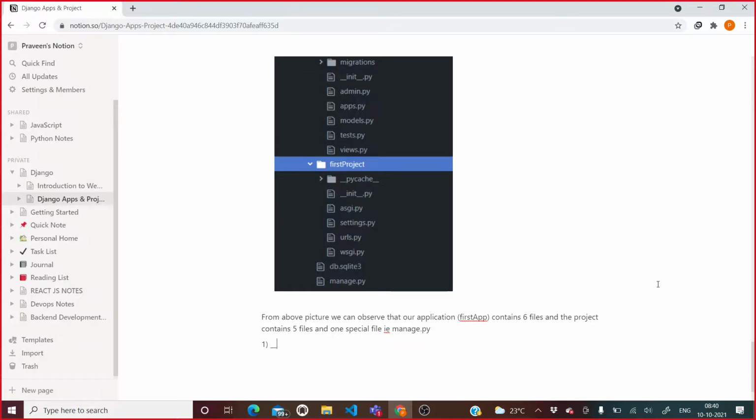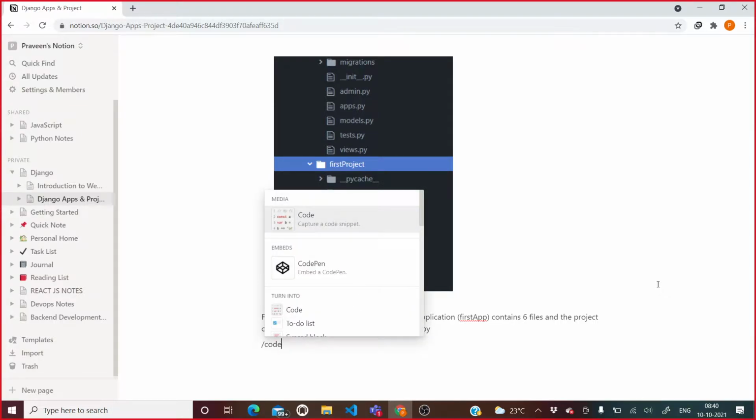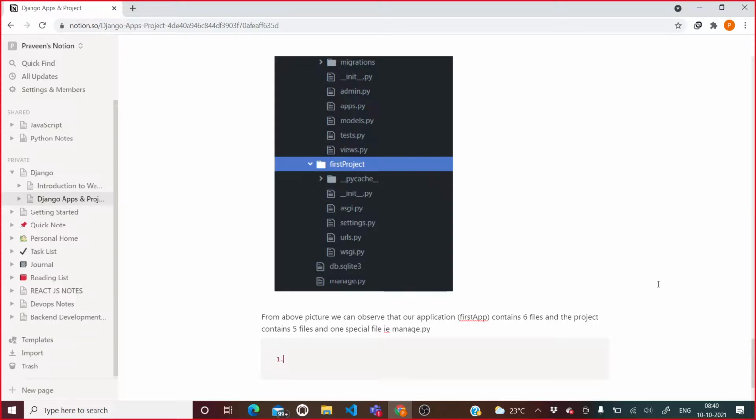Init.py. Yes, the first one is init.py, right? What is the working of this init.py? Actually it is a blank Python script. Because of this special name, Python treats this folder as a package.